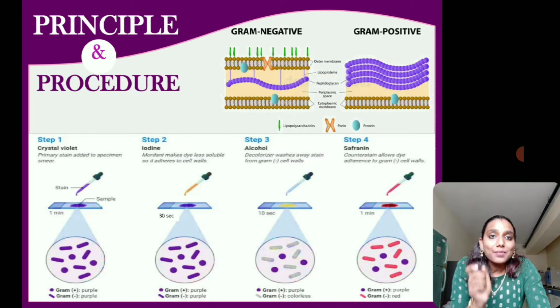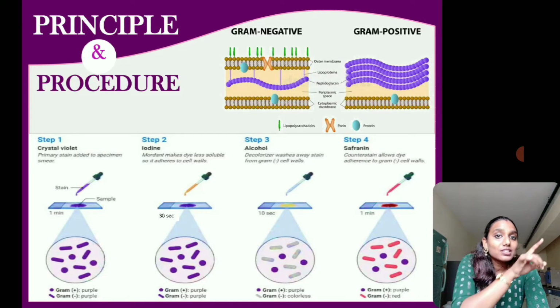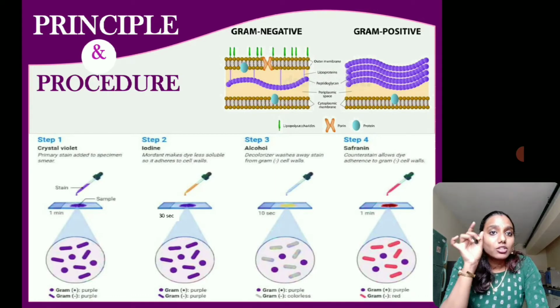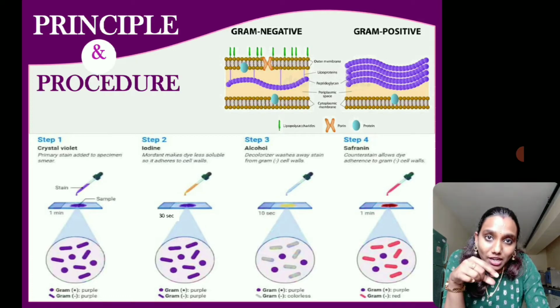Now here gram's iodine is going to act as a mordant. Now what is the importance of a mordant? The mordant is going to bind with the crystal violet. The crystal violet is now present in the cell wall of the bacteria. So the iodine, the mordant, is going to bind to the crystal violet